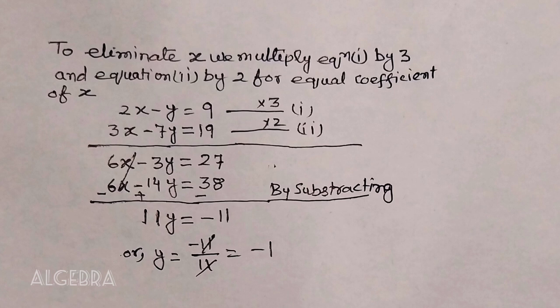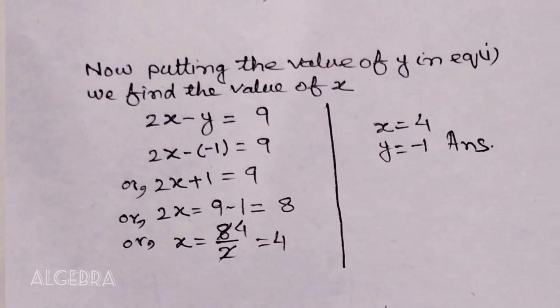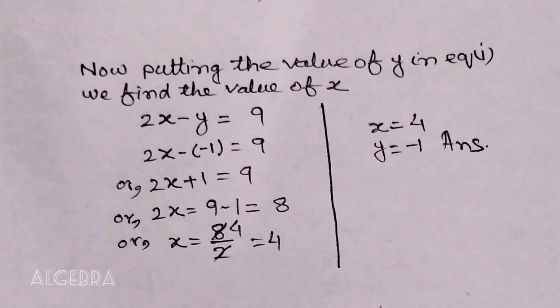By subtracting, cut 6x and 6x, so 11y is equal to minus 11, or y is equal to minus 11 by 11 is equal to minus 1. Now putting the value of y in equation 1, we find the value of x. 2x minus y is equal to 9. 2x minus bracket minus 1 is equal to 9,